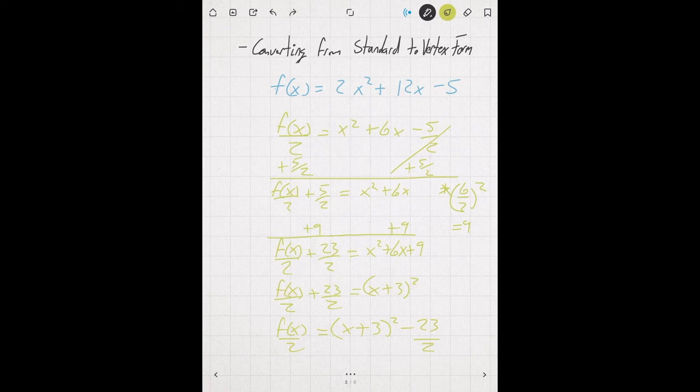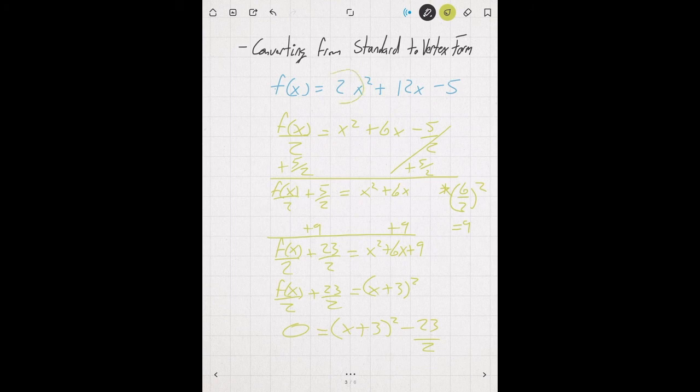Nothing wrong with that. But we'll notice that the right-hand side could now be factored. It could be factored to x plus 3 squared, so it's x plus 3 times x plus 3. With that solved for now, I could move the 23 over 2 back over to the other side. So I subtracted it over, and there we go. Now, if you didn't write the symbol of f of x over 2 here, you would just have 0 equaling this, right? This is okay, but keep in mind,